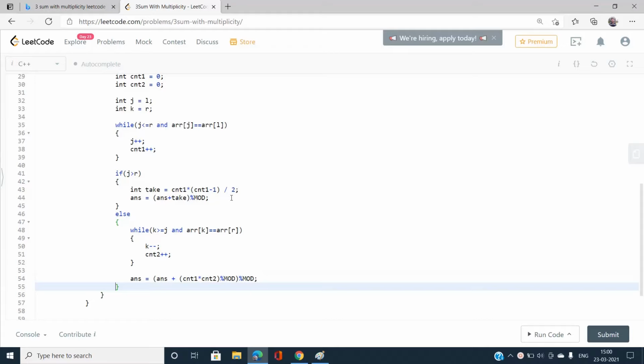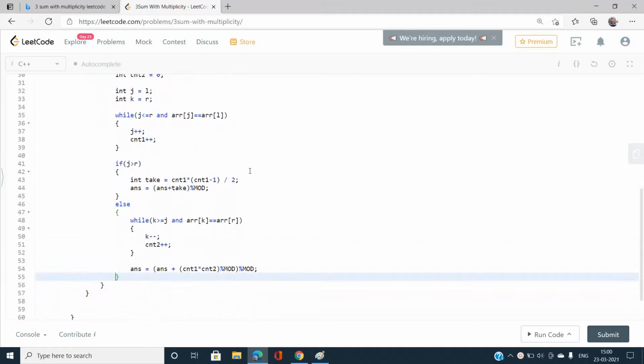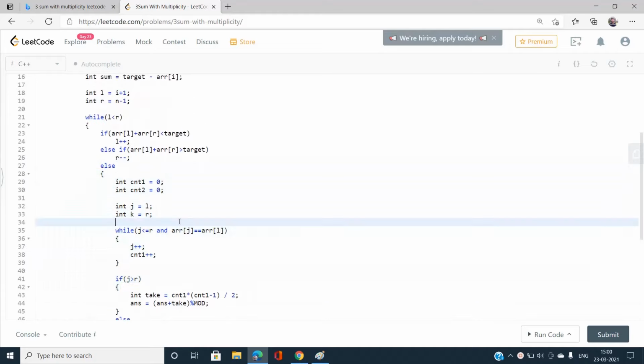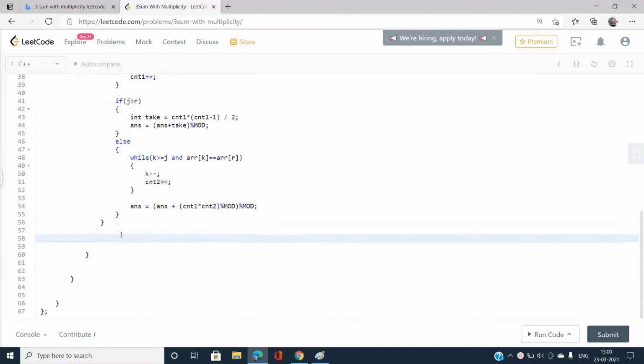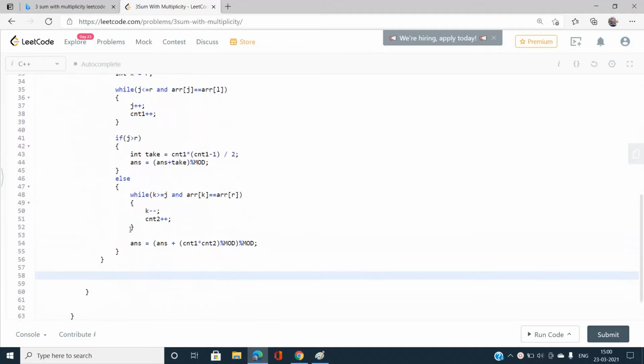After the else condition I need to change my values L and R, because I have modified them. If it goes into this else condition, that is, array of L plus array of R equals the target, you can see that is this else part. So my L and R are modified to a large extent, so I need to write here that L must be equal to j and R must be equal to k.